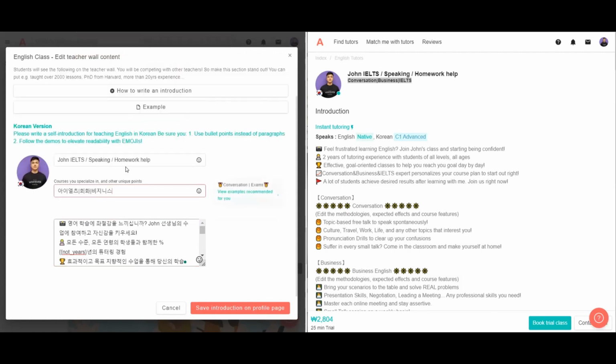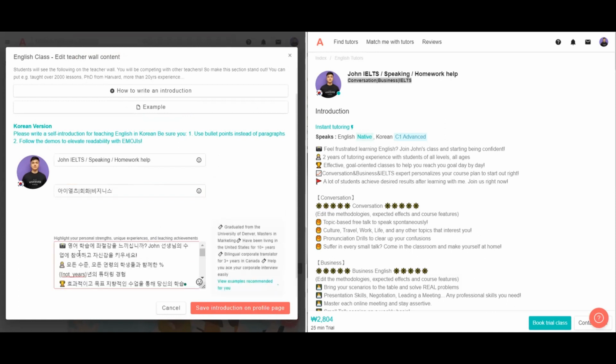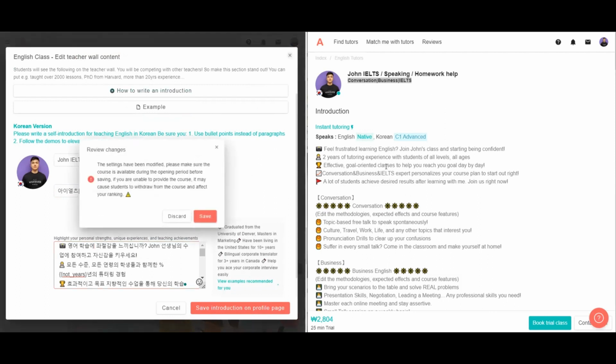So please be careful to keep it short, but yet it must be engaging. So try to include some emoji and some interesting unique points for your class. So it's going to catch your students' attention quickly. Well, after you modify your name and your description in the Teacher's Wall, we are going to move